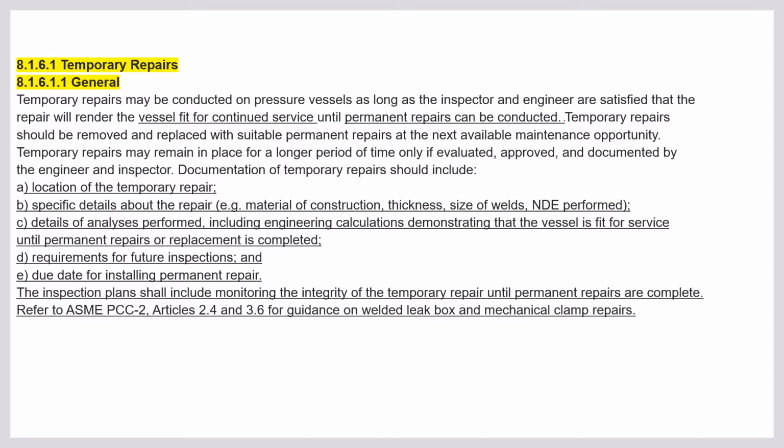Okay, we will go for this temporary repairs, and there are a few requirements by which we can tell, okay, we are ready for the temporary repairs. If there is a crack and we will go for a temporary repair, it might not be allowed by the engineer or inspector. So that depends upon the engineer and inspector whether this temporary repair is allowed. And if allowed, then the below conditions should be fulfilled. So what are the conditions?